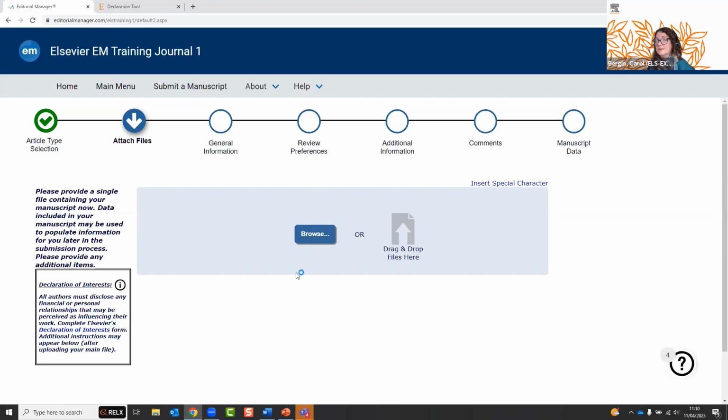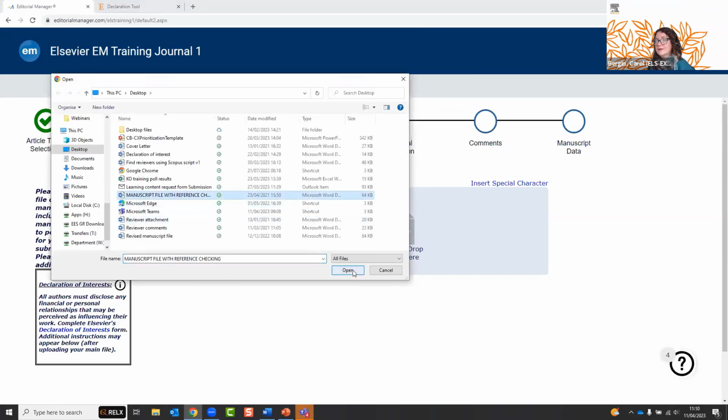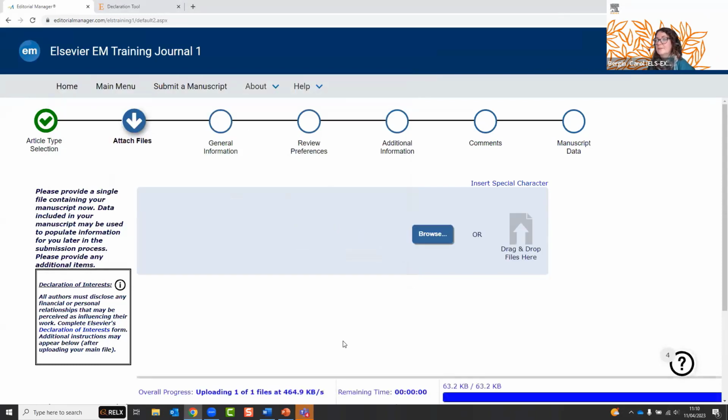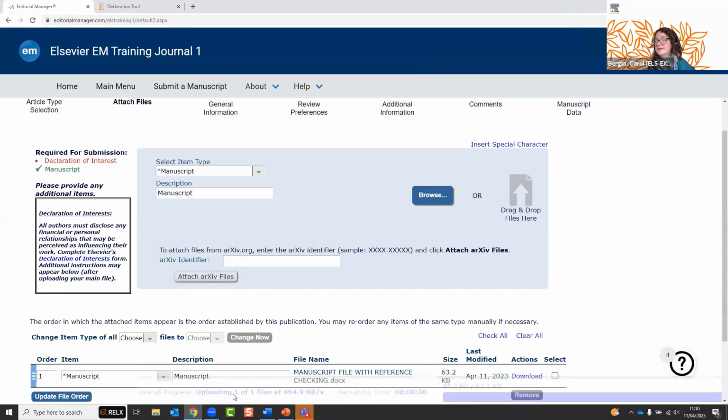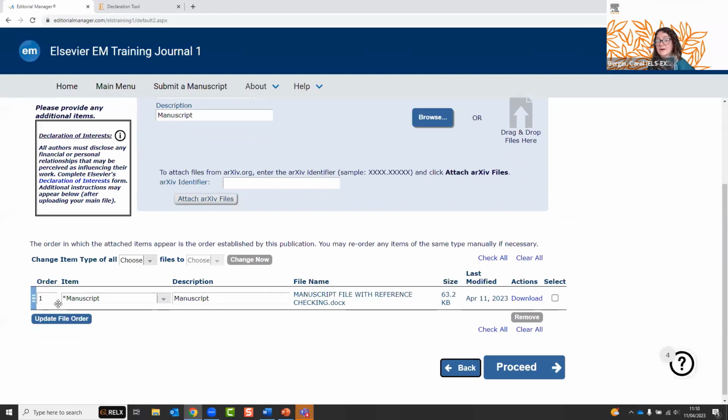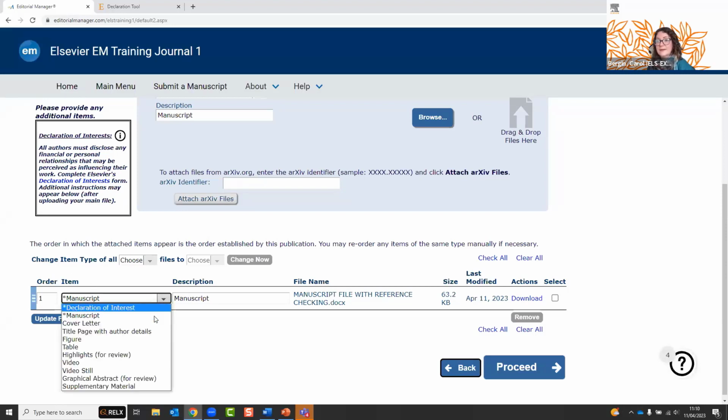So I'm just going to quickly browse and find my manuscript file. And there we go, and just open that one. Once you've found that file and uploaded it, it will appear at the bottom of the screen here. When you've uploaded your manuscript file, if you look at this item drop down here,